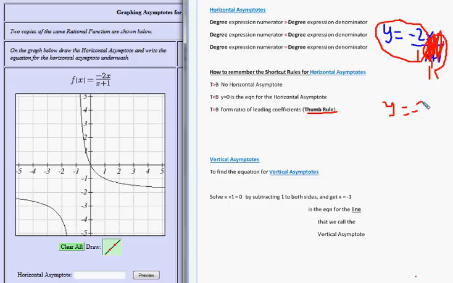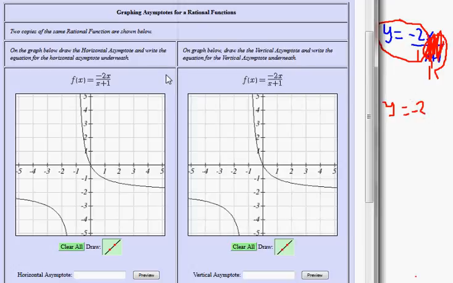So it's important that you realize what y equals negative 2 is and what its significance is. What this means is on the graph, as the graph goes way to the left and way to the right, it levels off to be this horizontal line, y equals negative 2, and that's what we're asked to graph here. So to graph that horizontal line, that's sort of like a wall that the graph approaches but doesn't cross,